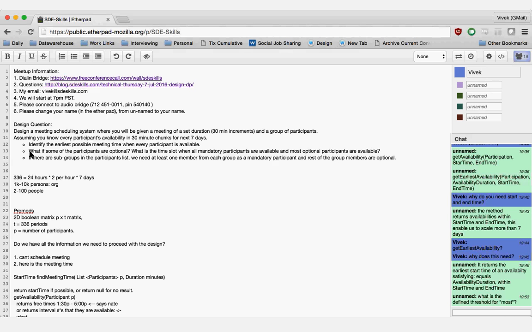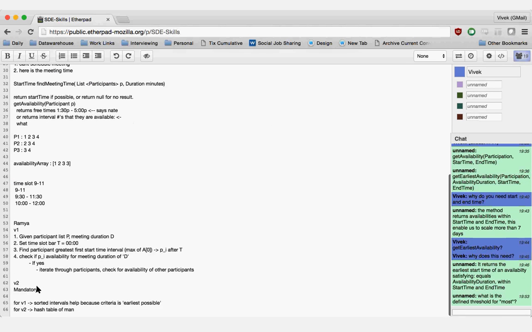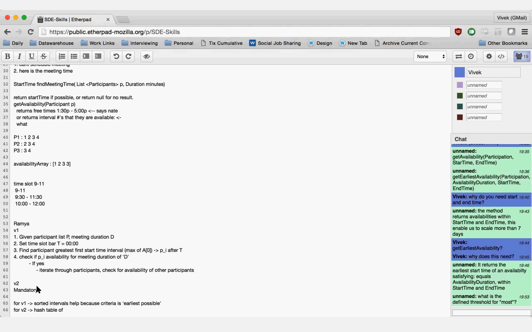It's interesting. Another way of doing something similar is, instead of storing only the slots which are valid for mandatory folks, you also store the optional person and how long that optional person is available from that point onwards.